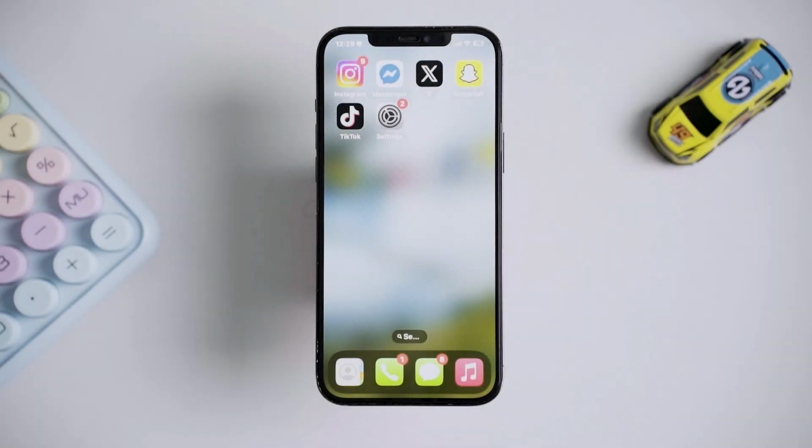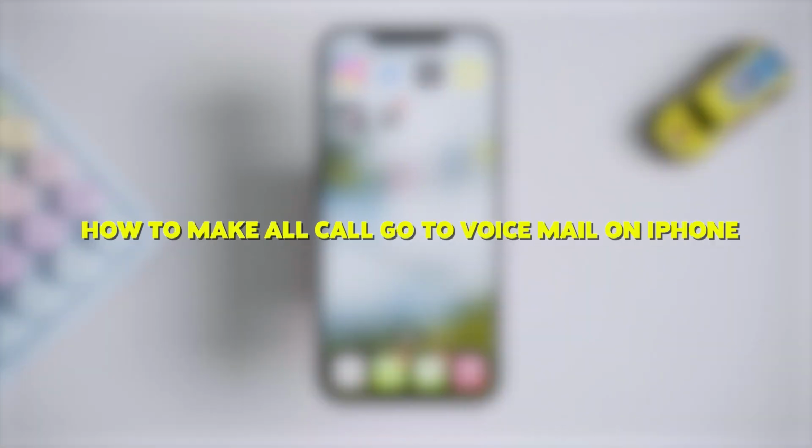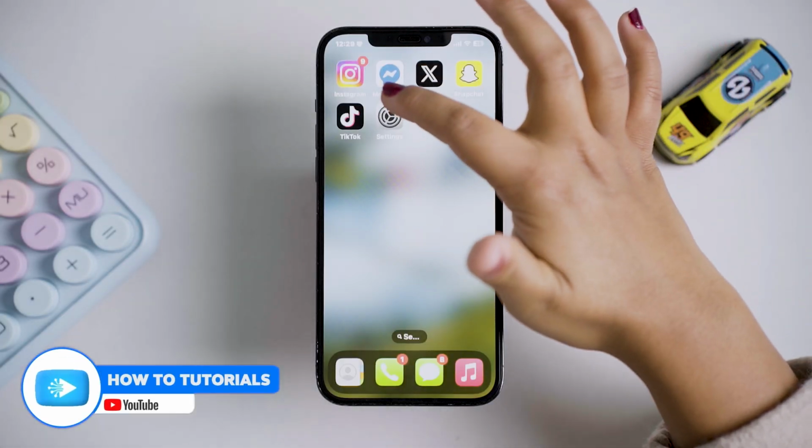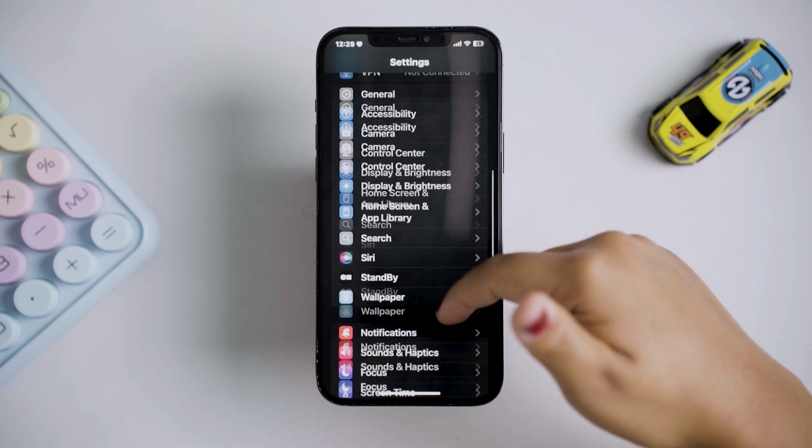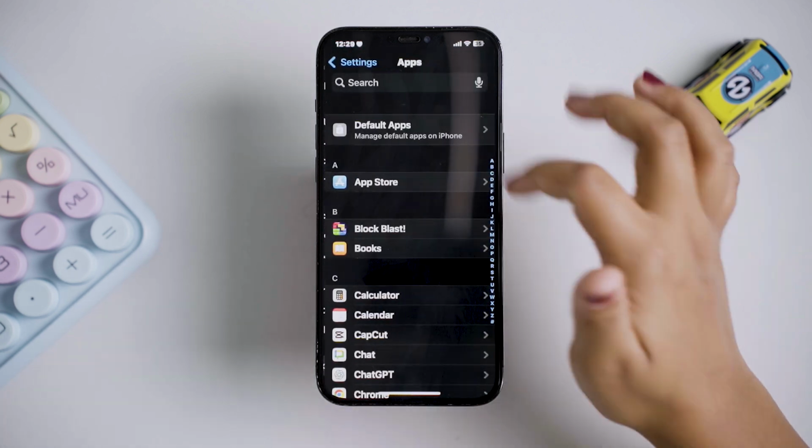Hi everyone, in today's video I'll show you guys how you can make all calls go to voicemail on your iPhone. So for that you'll need to get to your settings, and after getting to your settings, now what you're going to do is scroll all the way down and then tap on apps,